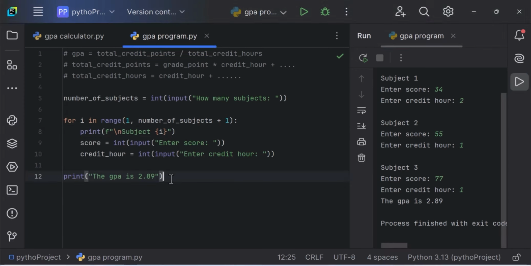Okay. Now we are done with the first logic. The second logic is the main calculation of our GPA. If you come up here, you see some calculation or explanation about how the GPA will run. GPA equals total credit points divided by total credit hours. Total credit points, how do we get it? That's the first thing we need to get. We need to take grade point,